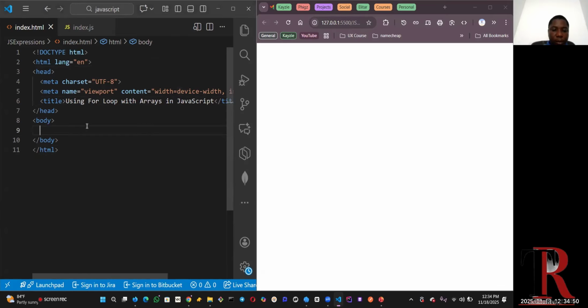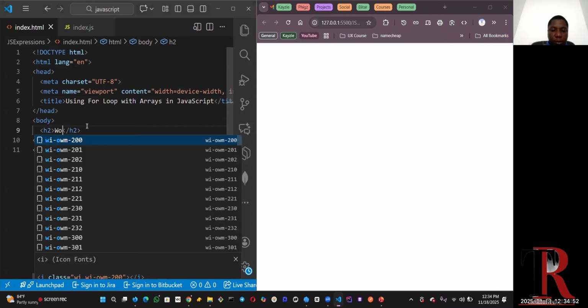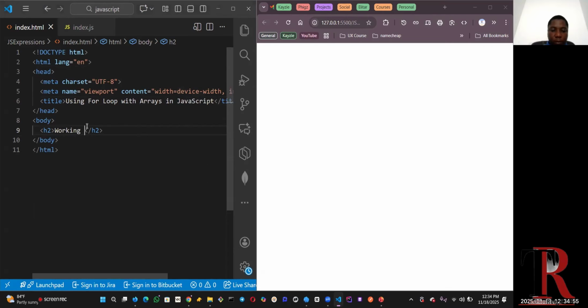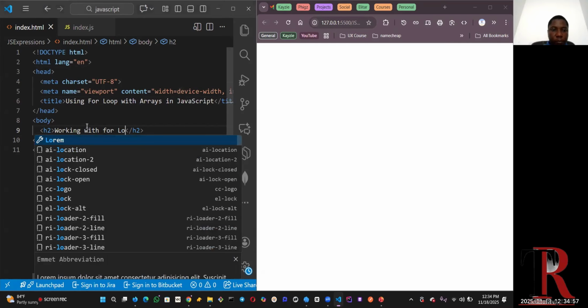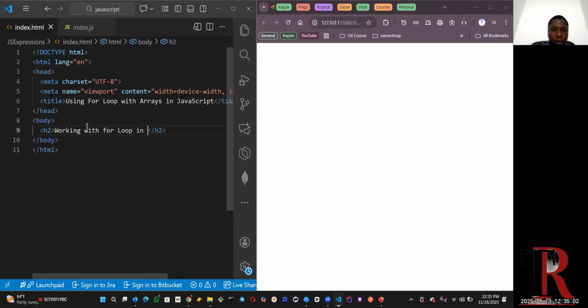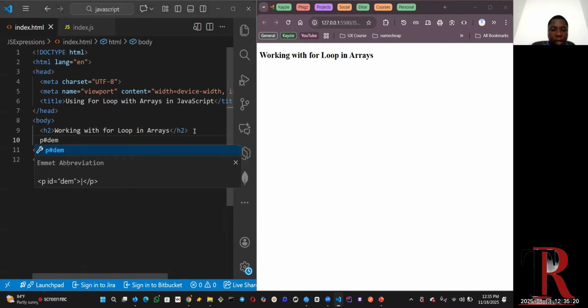Then I can make a header, working with for loops. I'll refresh and then move to the next line, make a p tag this time around as usual and give it an ID of demo. Then I can move to JavaScript mode